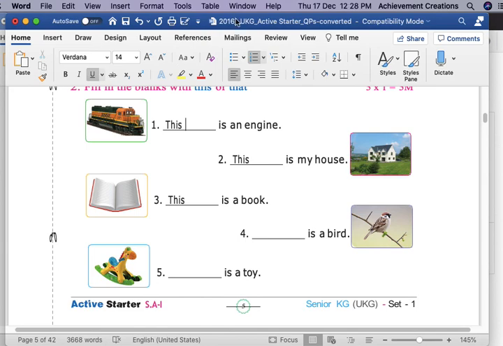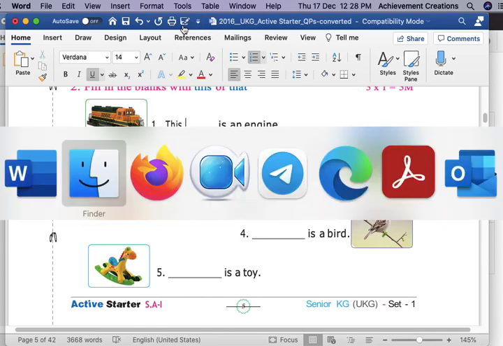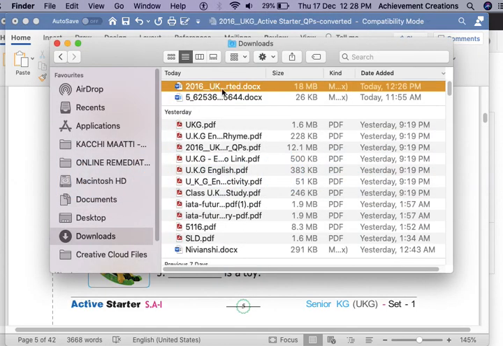After you download and open this document, or after you convert it and get it downloaded, please change the name of the file as we want, as it is written in the original file which is downloaded. UKG starter kit. Then you can save all these worksheets in your device only under the folder worksheet for your quick reference and easily accessible place.